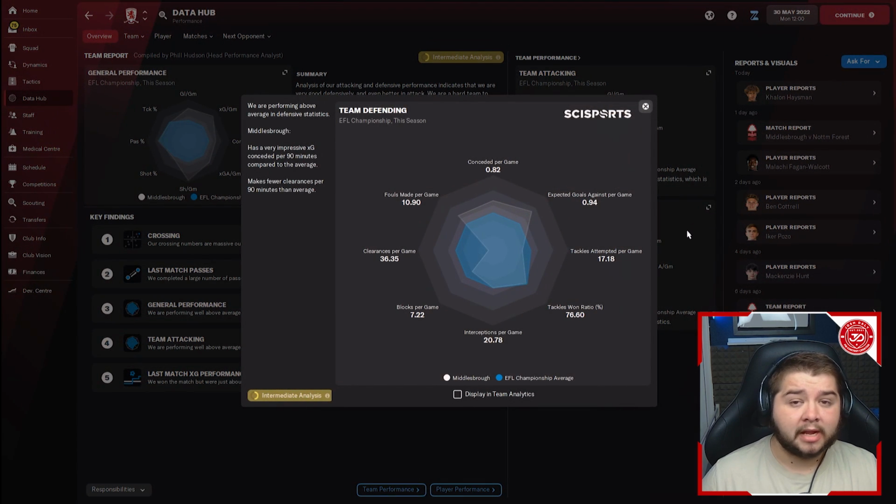Team defending, still under a goal a game, which is bang on what you want to be doing, especially in this division. It's no easy job to get promoted from the Championship, so under a goal a game is always nice to see. The tackle win ratio has taken a little bit of a knock, and I don't know where that's come from. We changed literally nothing,